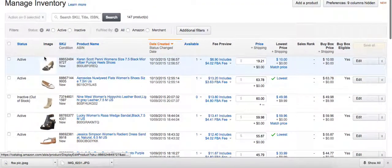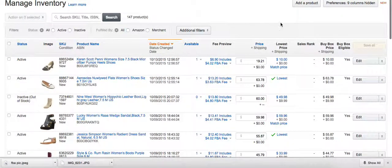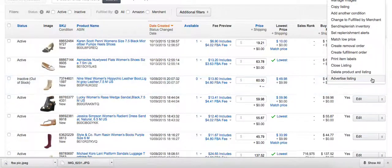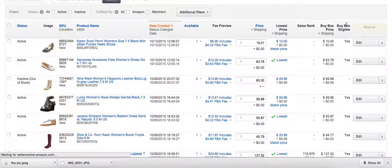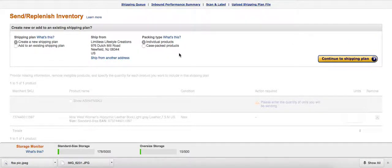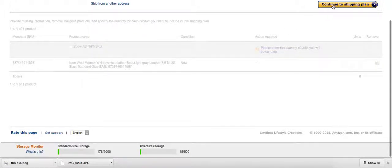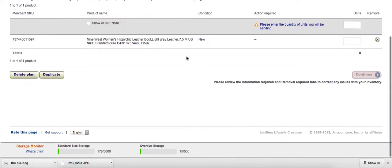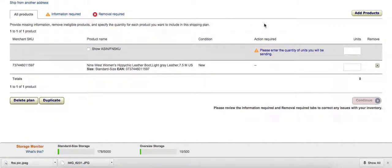So once you do that, like I said, you go to inventory. You'll go to the product that you wish to send in, and next to the edit box there's a little drop down arrow. You can go up to send replenish inventory. You click on that, and basically it'll take you to another screen where it's going to ask you to continue to shipping plan. So you go ahead and click continue to a shipping plan,